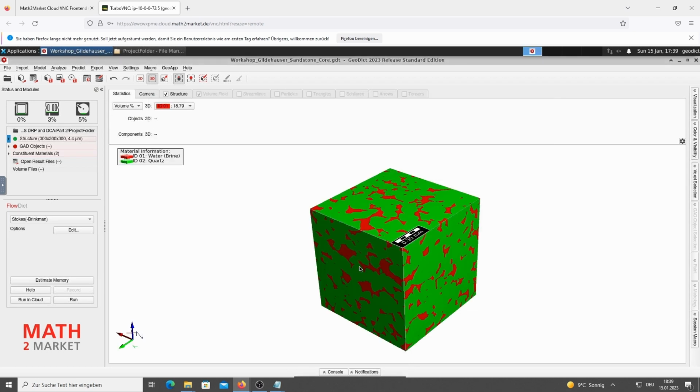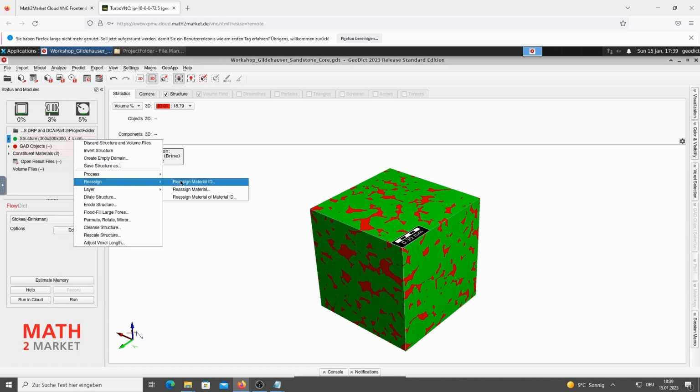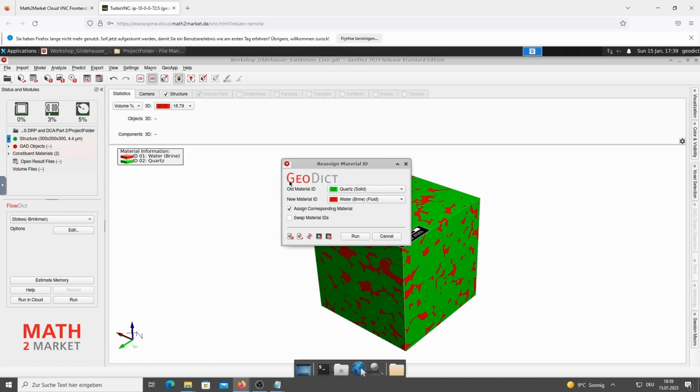Next step is to reassign material IDs such that material ID 0 is the pore space and material ID 1 is the solid phase. Go again to the status section, reassign material ID. So now we reassign material ID 1 to 0.